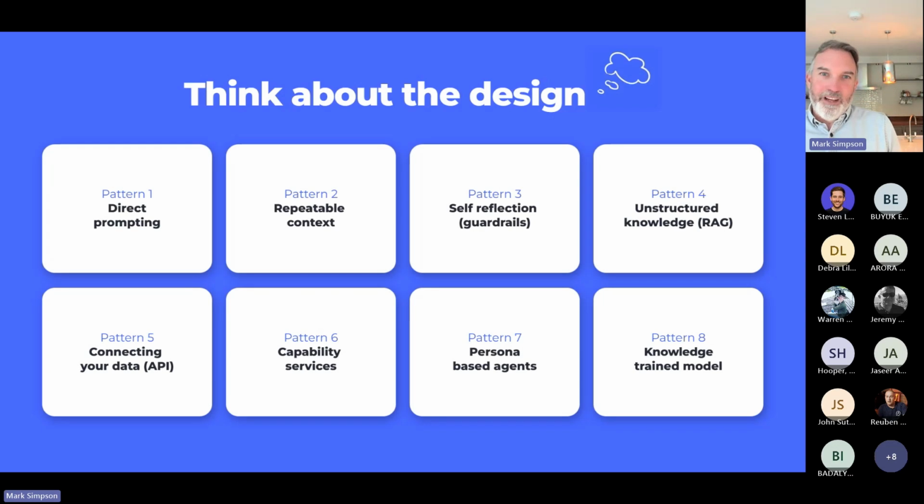So the takeaway from this is definitely have a play with ChatGPT Pro or Enterprise or Gemini or Apple Intelligence. Definitely let your team members use it as assistants in the back office. But if you really want to leverage the benefit and use it in your business processes, take a step back, look at the business problems, think about the design and apply these patterns.